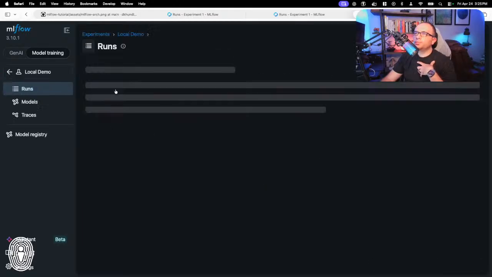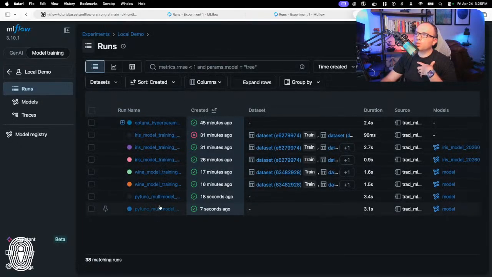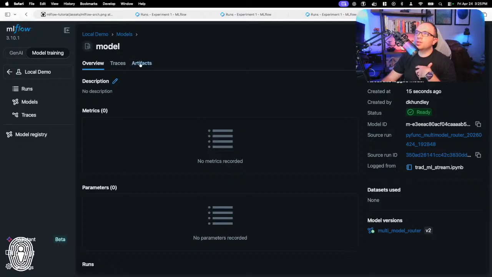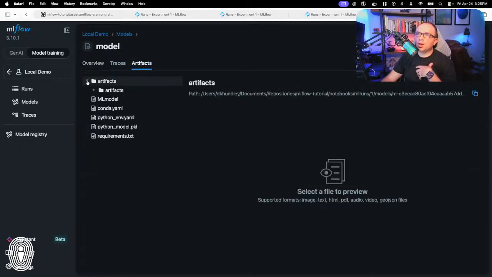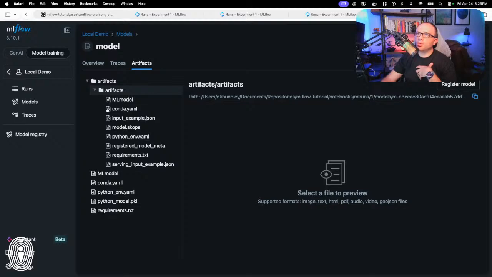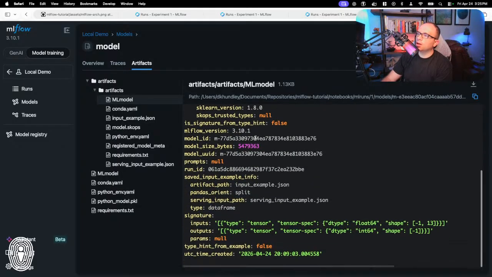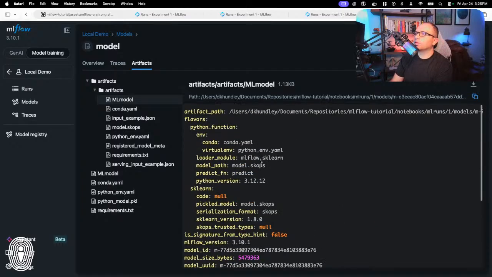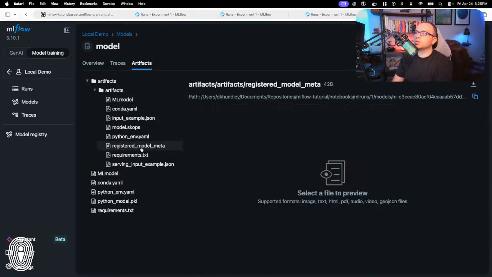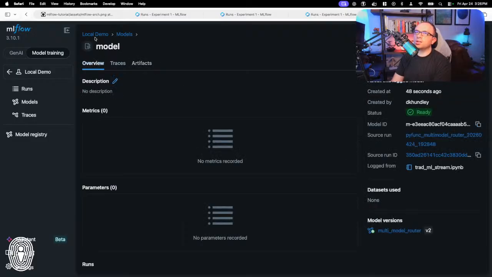So let's go back to local demo. Now we can see that we have our PyFunc models showing up in here. If we click on this over here, now this is our model. You can see that we have a nested directory of artifacts here because we got a couple of different things. Well, I guess it's just manifesting as one because it's going to be pulling from wherever those model artifacts are. Maybe it's this registered model meta, I don't know. Looks like we got a couple extra files in here that, oh, there we go, the python_model.pickle file. That's what I was looking for. Okay, so that is it up in MLflow.